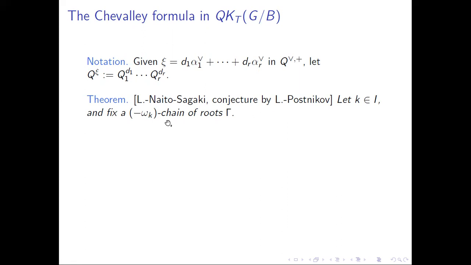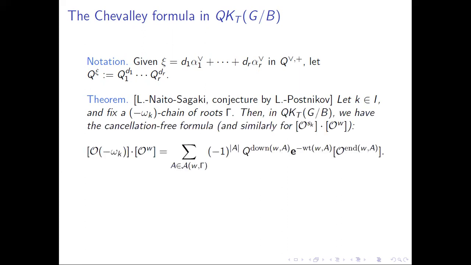You take a negative omega k chain of roots. So you take a chain of roots for this anti-dominant weight. And then the formula says that in T-equivariant quantum K-theory of the finite-type flag manifold, if you take the product of an arbitrary Schubert class with the class of the line bundle corresponding to the weight negative omega k, you simply get,